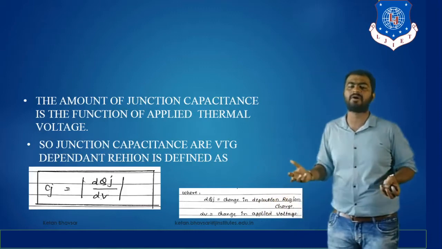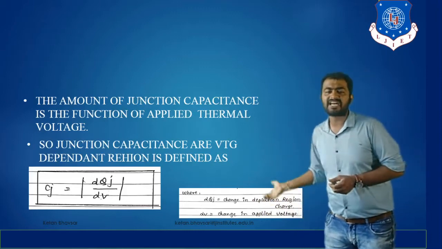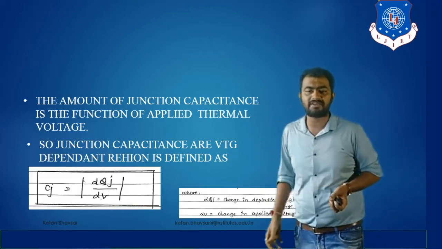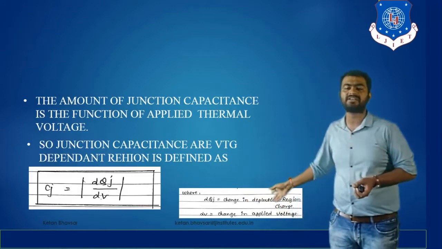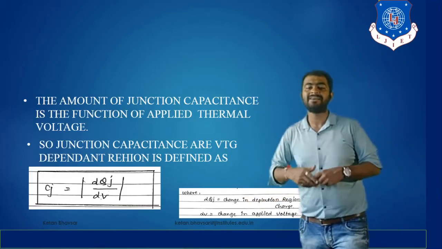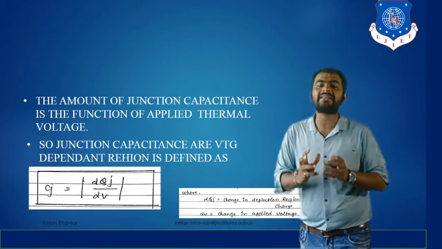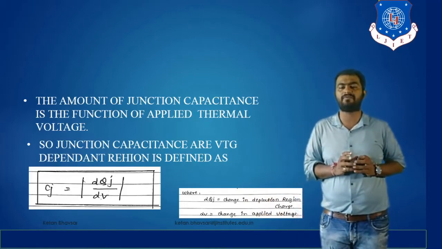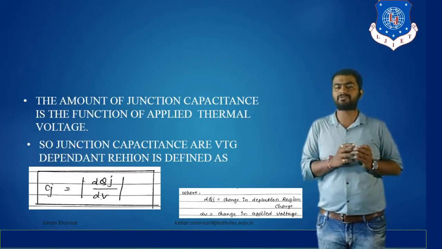So basically when we discuss depletion region charge, we are talking about dQj, and when we talk about the change in the applied voltage, we discuss dV. So ultimately the voltage plays a main role, and based on the voltage variation, you can see the variation in the depletion region. So ultimately, these work specifically for the region in terms of Cj, in terms of dQj